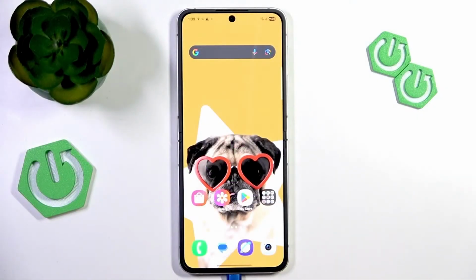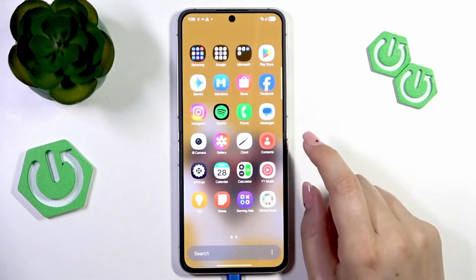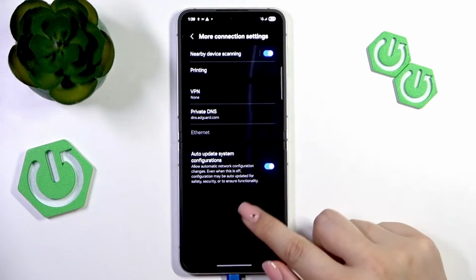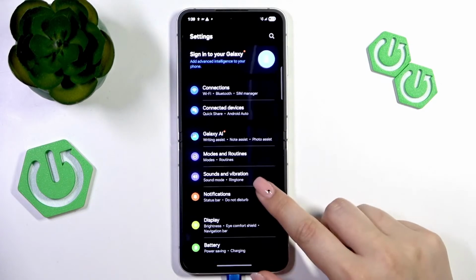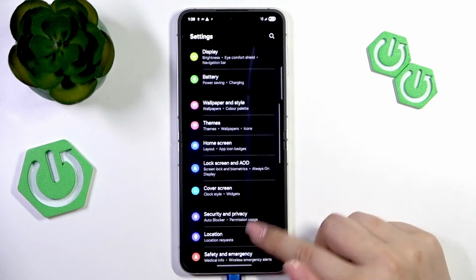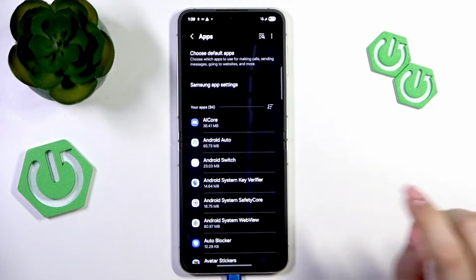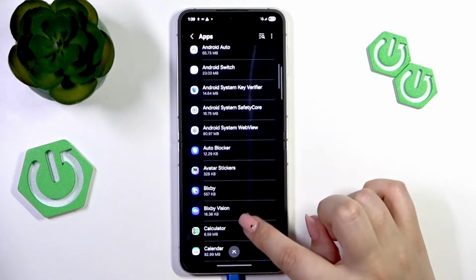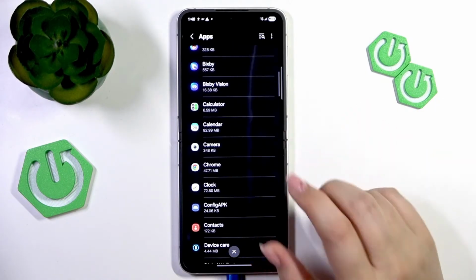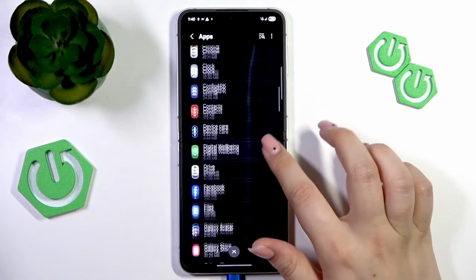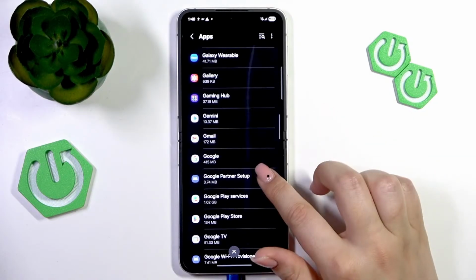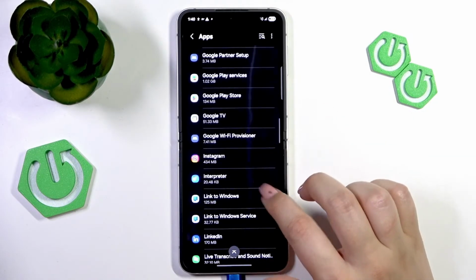So I'd like to begin with removing the storage for specific apps. Let's open the settings first of all, and then scroll down to find the section connected with the apps right here. Then let's go through all of those apps, because here we've got the list of all installed apps, and remove cache. So let me choose maybe